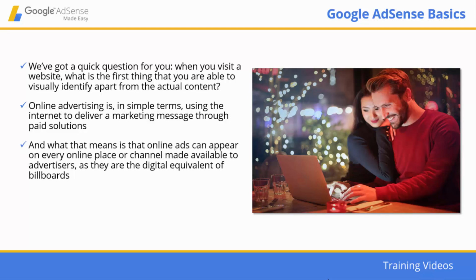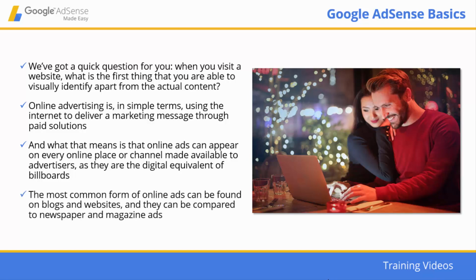And what that means is that online ads can appear on every online place or channel made available to advertisers, as they are the digital equivalent of billboards. In fact, once you start digging in, you'll be able to find all types of parallels to real-world advertisements. The most common form of online ads can be found on blogs and websites, and they can be compared to newspaper and magazine ads. You will also find ads on YouTube videos, which are the internet version of TV ads,